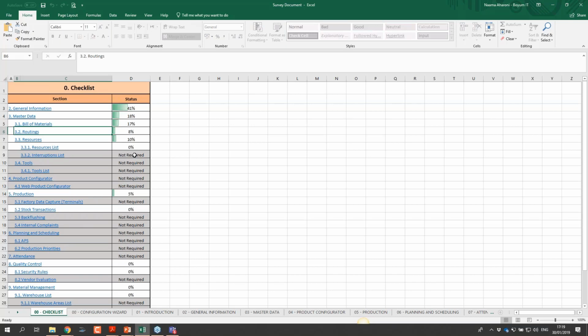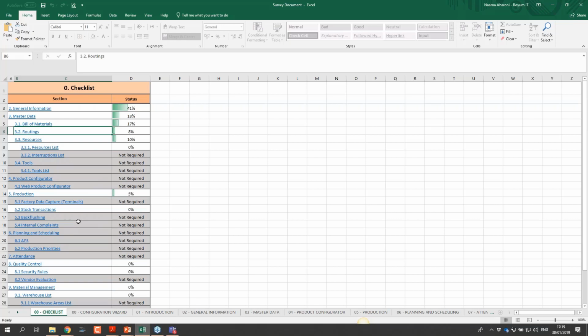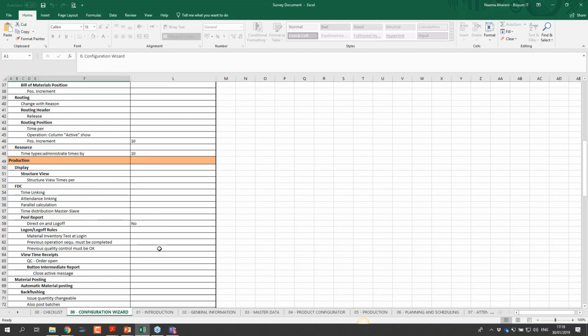The grade is not required, meaning you have not checked somewhere on this form, for example, that you need to work with interruptions. Once you click that, then that tab or that specific option will be opened for you to fill. Okay, so that is a dynamic form that will help you go through all the areas in Beas, ask the customer the question, fill it in, and at the end, you reach the configuration wizard, click on generate configuration wizard, and it will fill in the values that you have to fill in the system